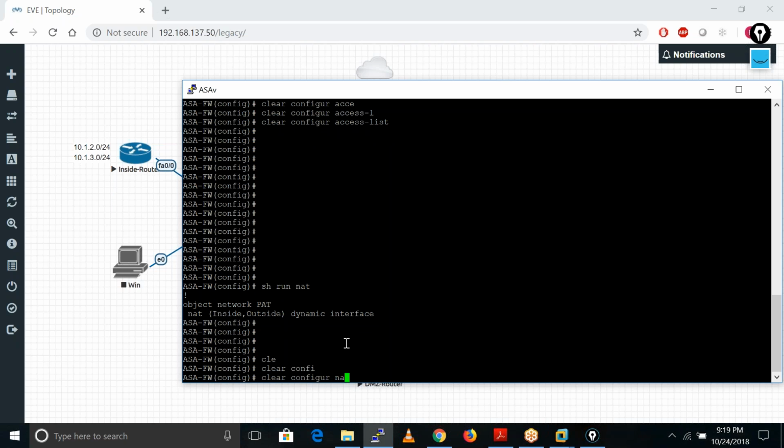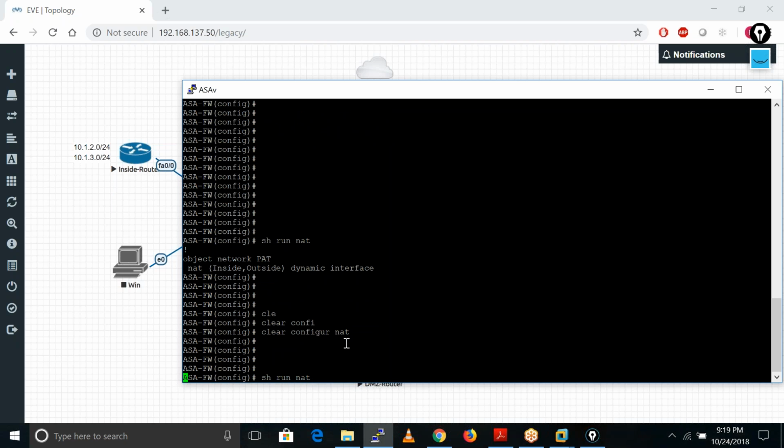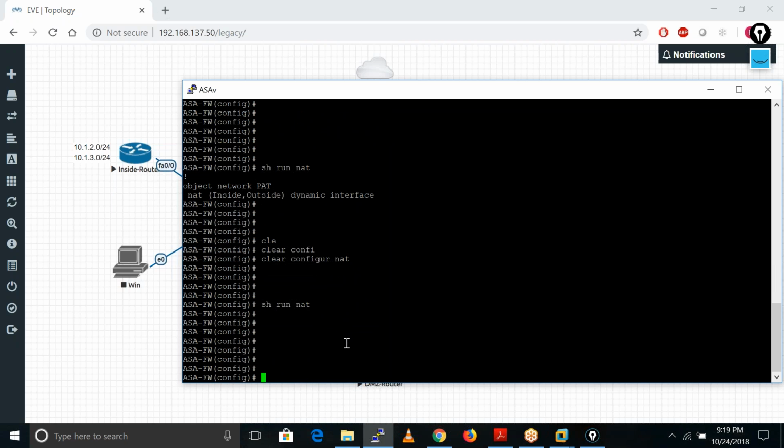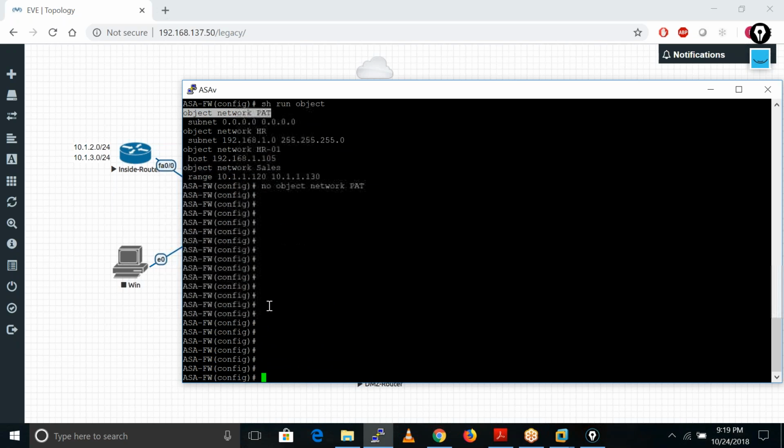I think that command will not work here. Yeah, so run NAT. So now I have removed the NAT as well, right? So let me also remove this one. Okay, so now the thing is how we can configure the PAT.